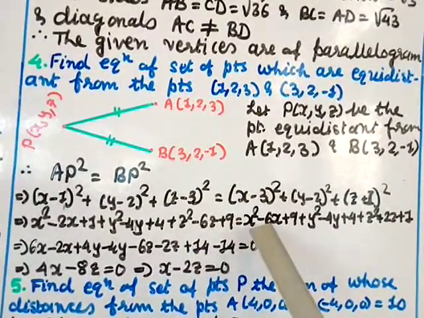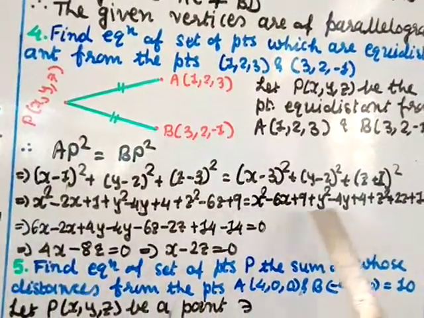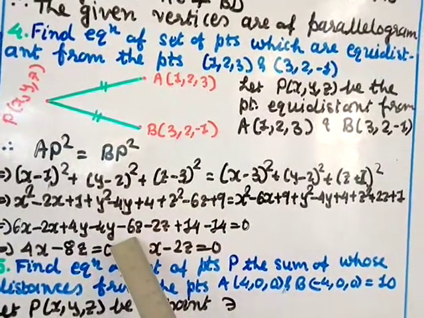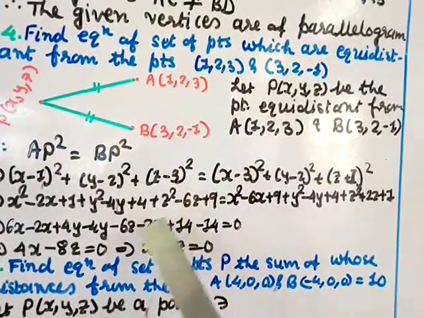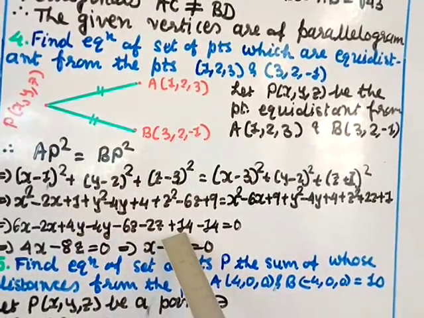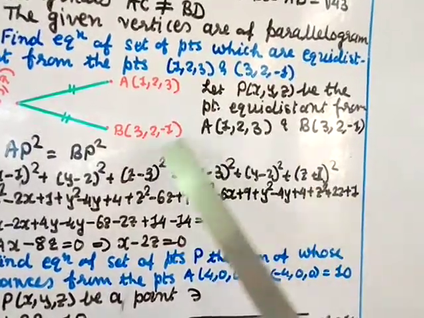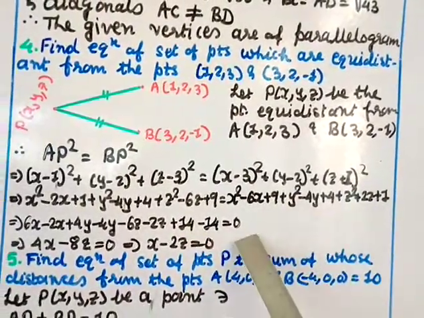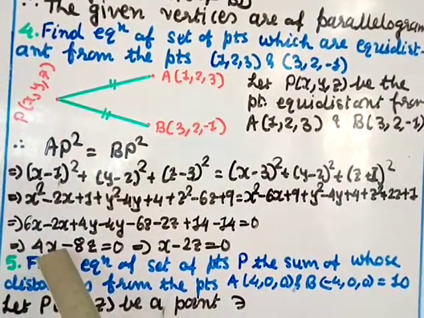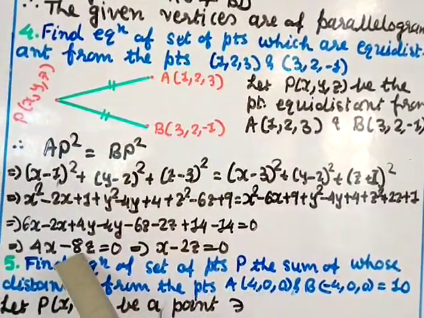Okay. Now here this minus 6x you transfer over here becomes plus, and minus 2x is here. Minus 4y transfer over here becomes plus 4y, and minus 4y is here. This minus 6z is there, keep as it is. This plus 2z transfer over here becomes minus 2z. Here 9 plus 4 plus 1 gives you plus 14. Here also 9 plus 4 plus 1 gives you plus 14. That 14 you transfer over here becomes minus 14 and this side remains 0. So plus 14 minus 14 you can cut. 6x minus 2x gives you 4x. Plus 4y minus 4y cut. Minus 6z minus 2z is minus 8z equal to 0.